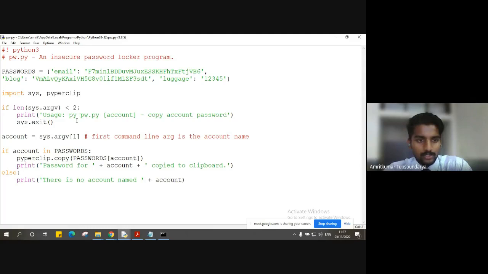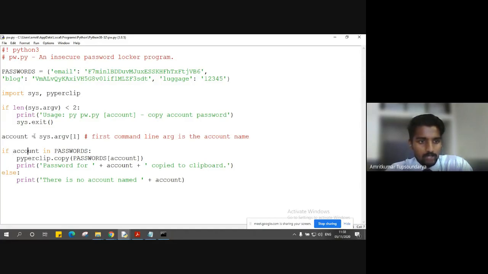That is, the first argument being the name of the file, the second being the name of the account, and for the user's purpose we are going to print the usage of this instruction. What is the usage? It is simply: copy the account password. Once we have that, we are going to exit from the system.